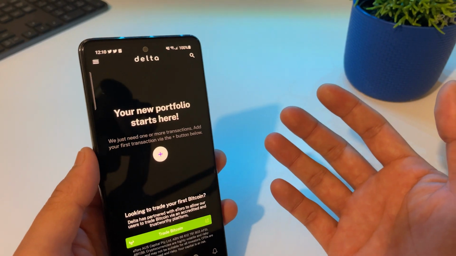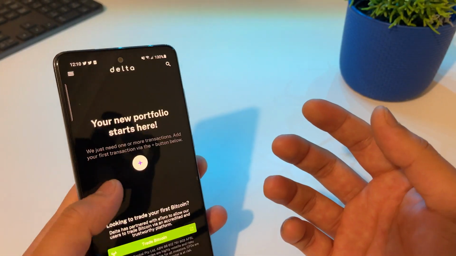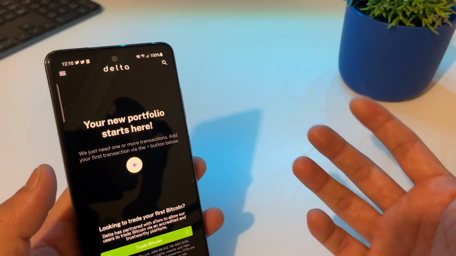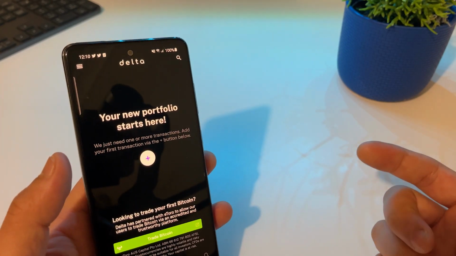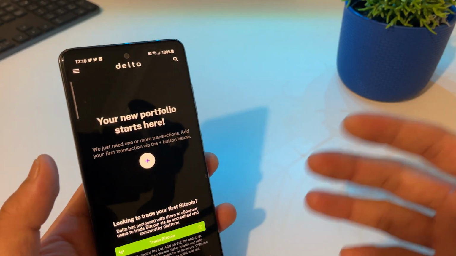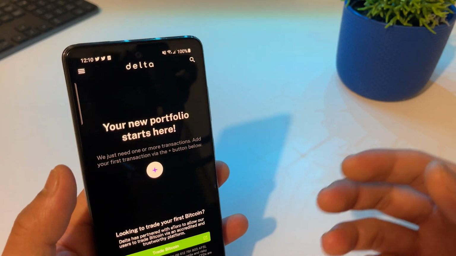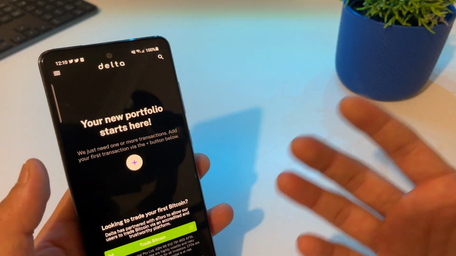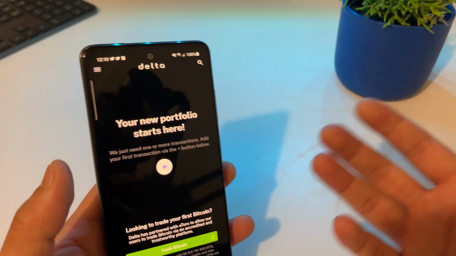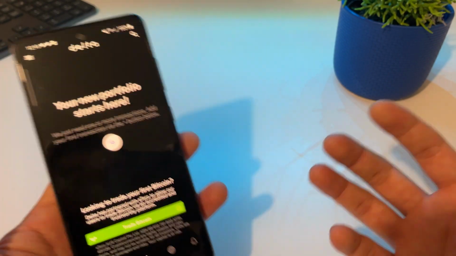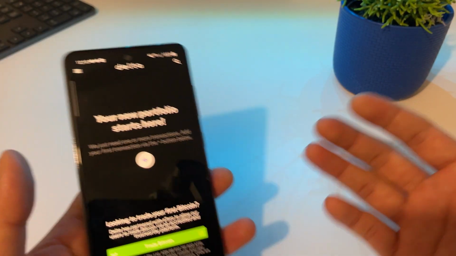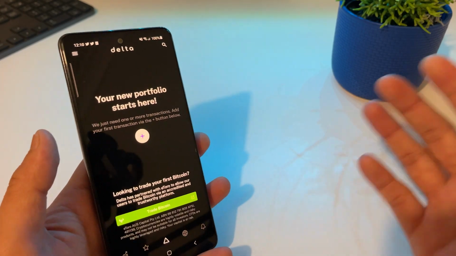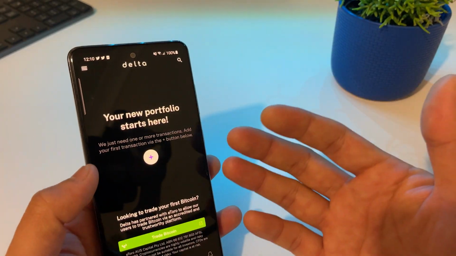So for example, you've added your Binance account, okay? If you guys need any detailed instructions on how to create your API keys and stuff, please make sure you leave a comment saying please make a full video or anything like that, so that I can create an in-depth tutorial on how to create your API keys and how to connect your API keys to your Delta application, okay? But it's pretty straightforward. I just don't want this video to be super long, so that's why I've skipped that part. So for example, you connected your Binance.